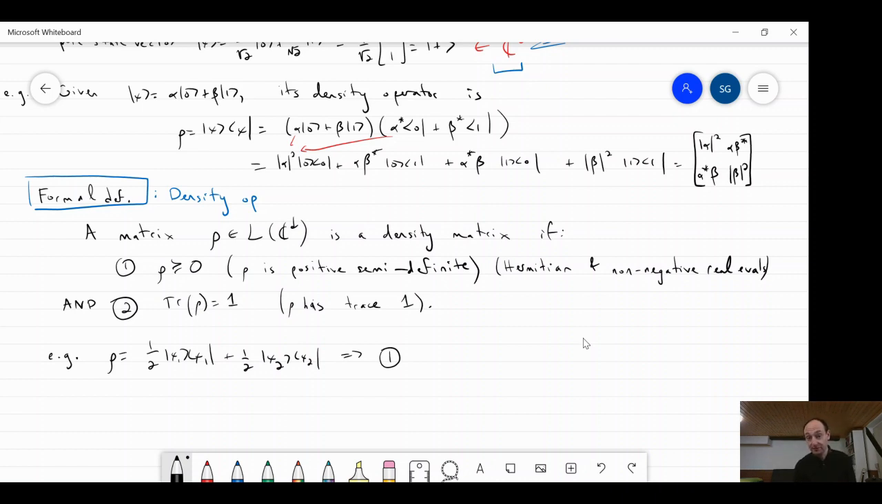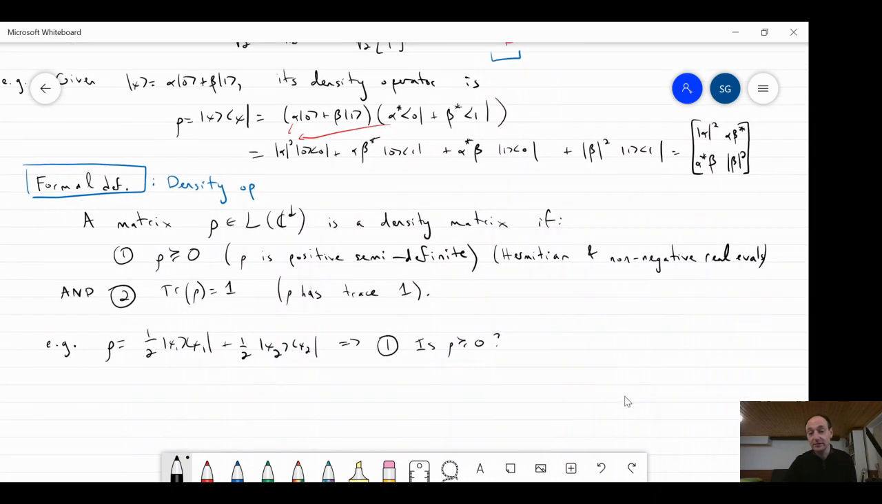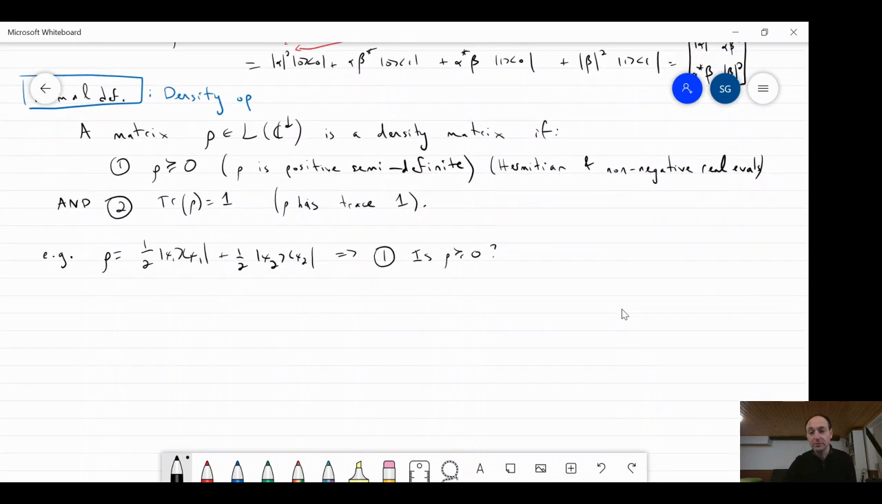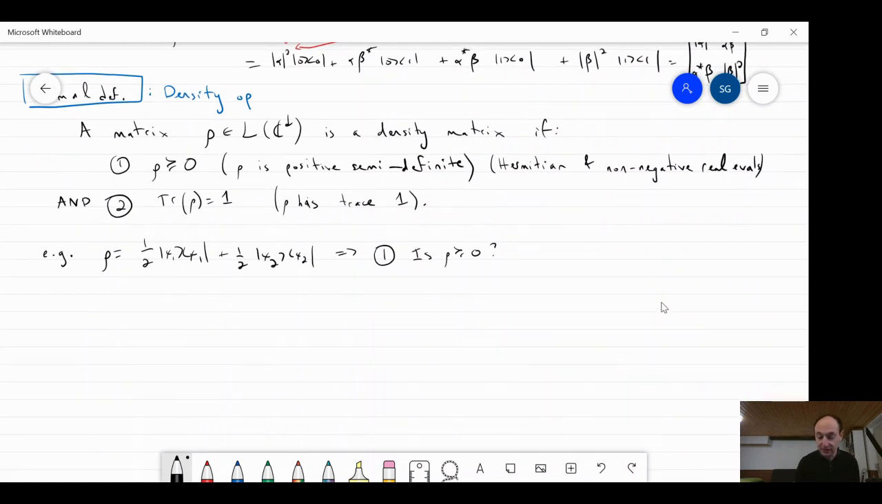Is rho positive semi-definite, right? So is rho positive semi-definite? Okay, and the answer is yes. There are two ways to see that. One way is to do it directly. Here I'm just going to leverage a fact, but it's very easy to prove this fact, which is that